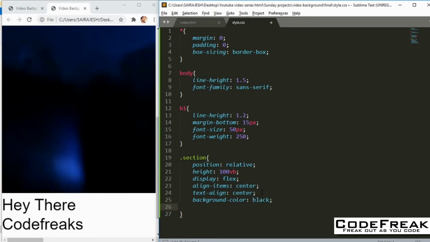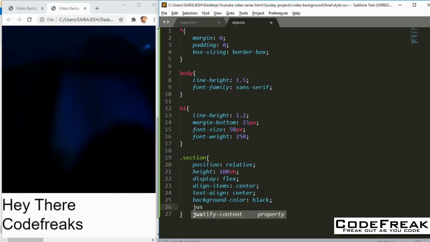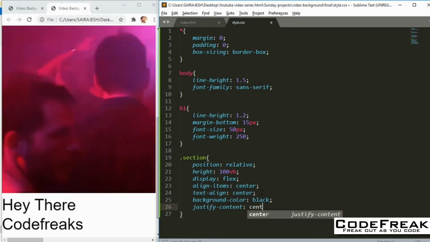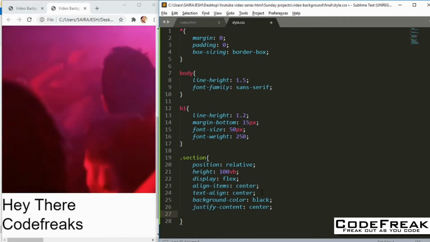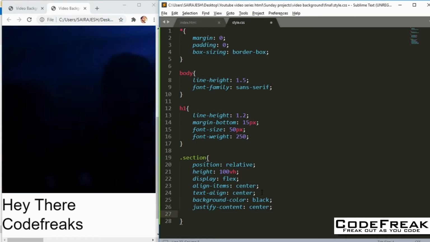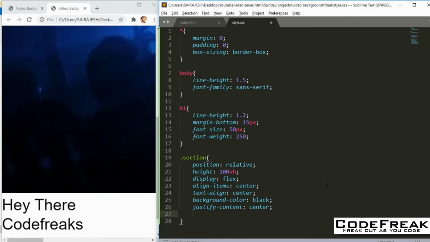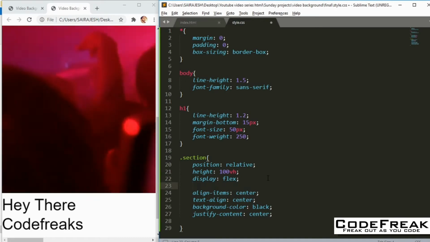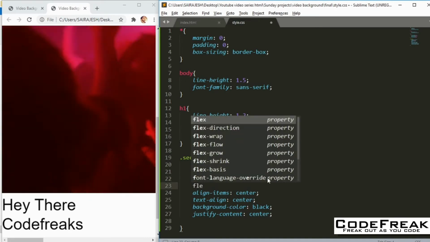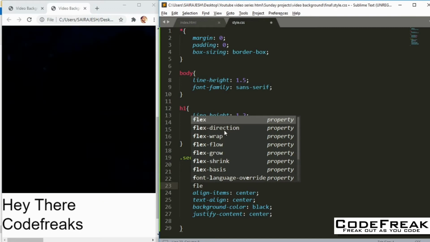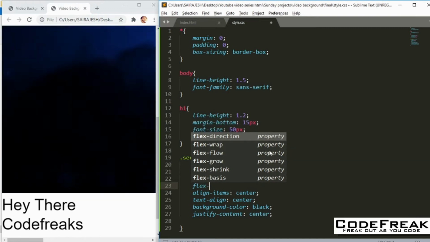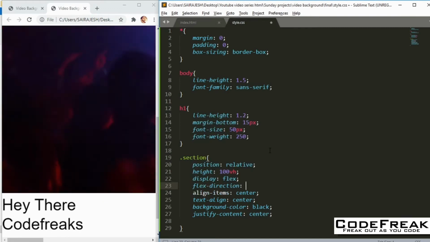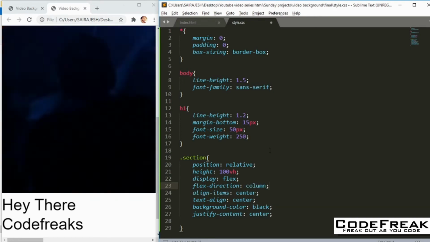And then we will also make justify content in the center. So justify content, we'll get it to the center. Okay, and there's one more thing that we need to do. So we'll make the flex direction here itself, flex direction as column. So maybe in case you want to add in some more elements, that will actually help us out. So that is the idea of using this. So column, yeah, that's good.